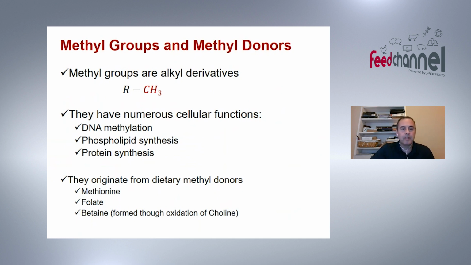Most likely methionine, quantitatively, it's probably the major methyl donor. But there's also folic acid or folate, an intermediate of folate metabolism can donate methyl groups. And another one would be an intermediate of choline metabolism. So choline, once it undergoes oxidation, can produce betaine, and betaine is one of the methyl donors present in cells. So we have a multitude of compounds of different origins that can provide methyl groups through